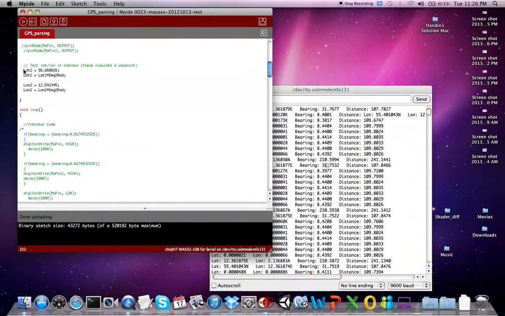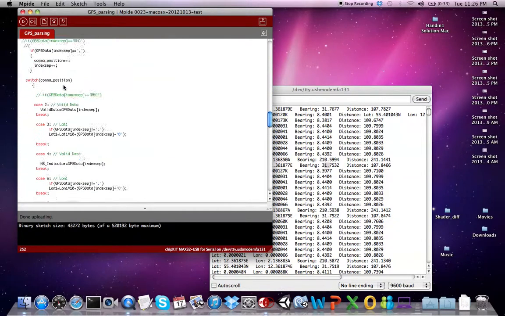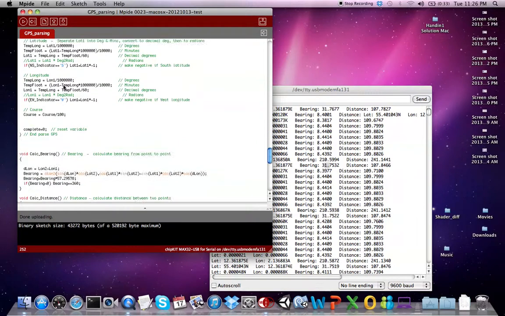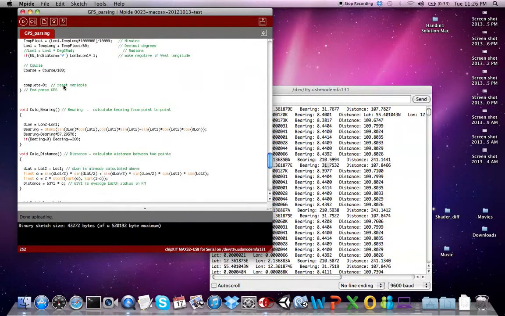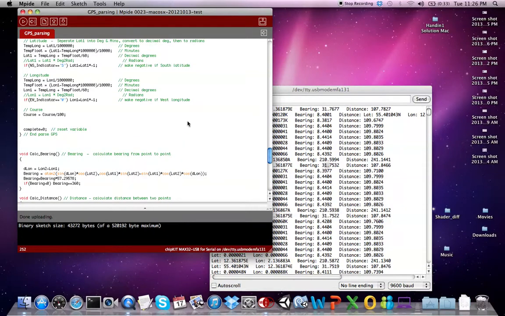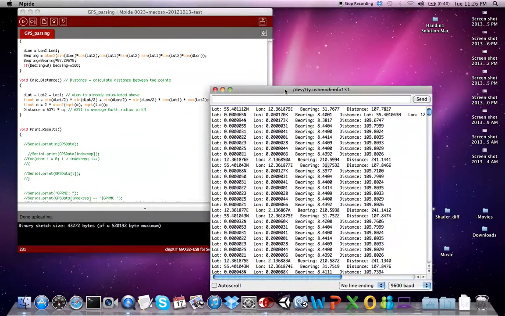Up here we have converted our waypoint into radians in order to do the right calculations with bearing, and it gives us the right position. Now let me show how this will change the monitor.